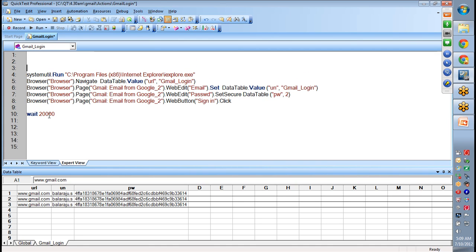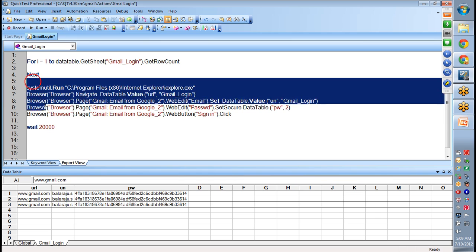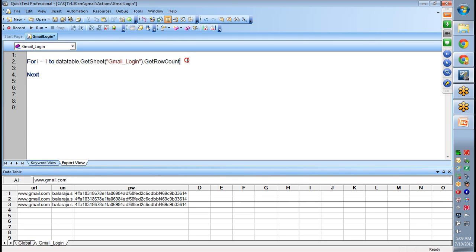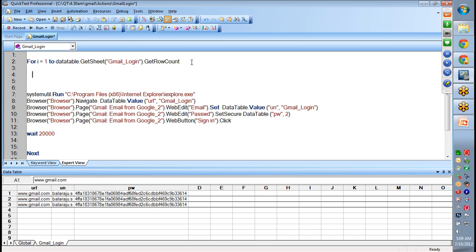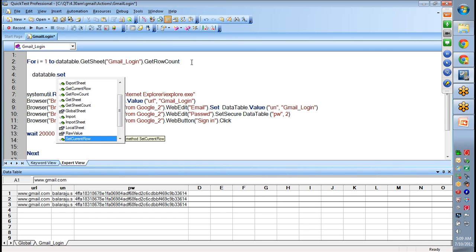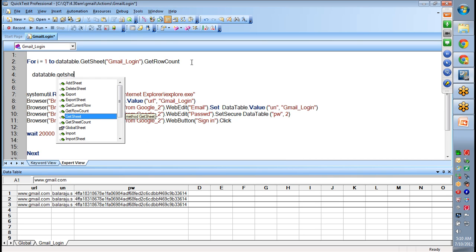You can iterate those many times, right? So you can put in a for loop for I equal to 1 to those many times. Okay, so this is what you can give. Then finally one more statement you have to give, data table dot set for a specific sheet, right? This is for specific sheet. Okay, so data table dot get sheet